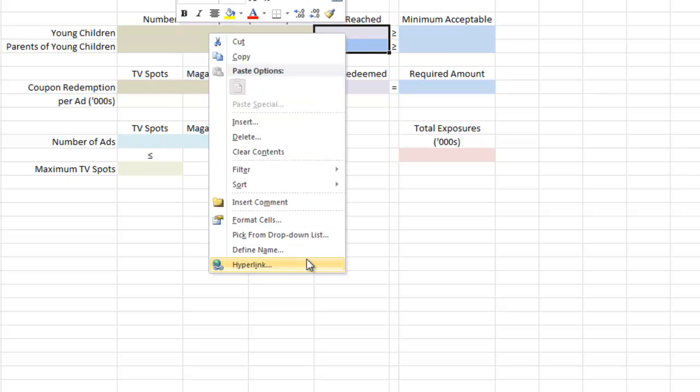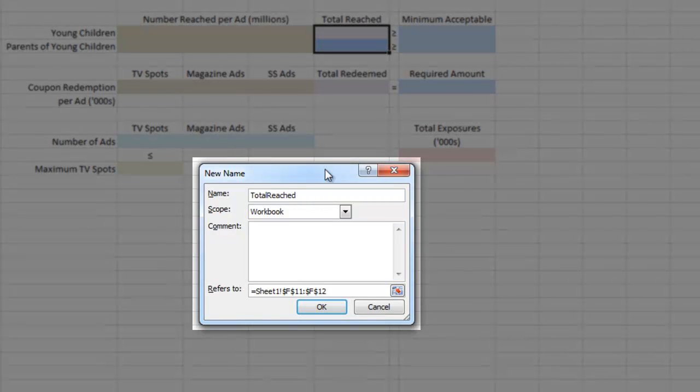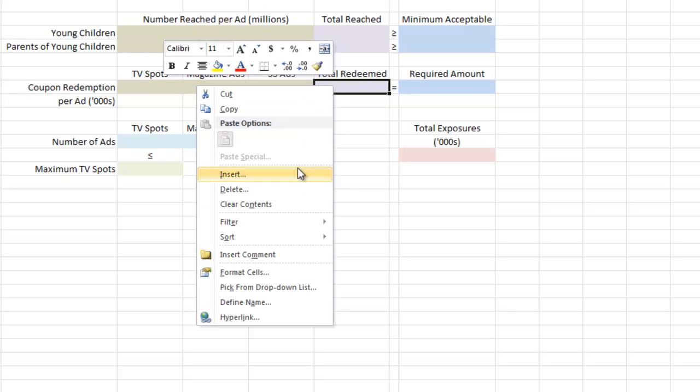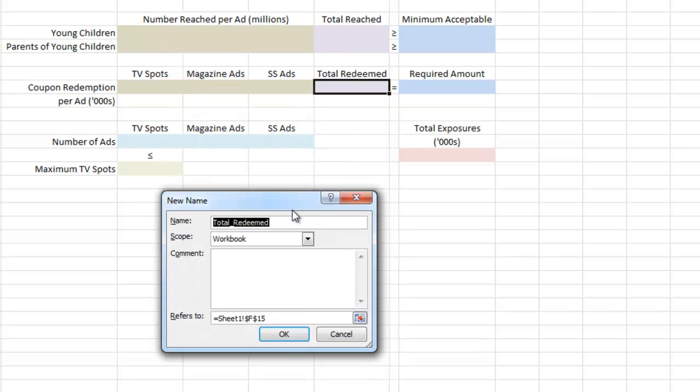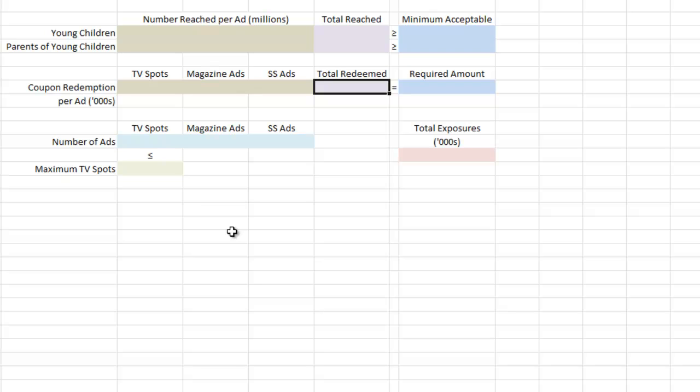So we'll right click, define name, and this is called total reached. Click OK. And the next is the cell below total redeemed. So we'll select that cell, define name, and name that total redeemed. And click OK. And the last one is going to be